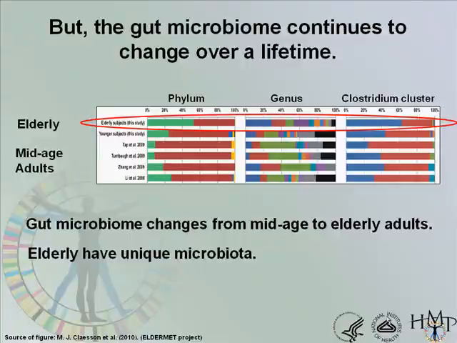And what they showed here is the elders in their study against other recently published microbiome studies. And you will see, no matter what level of taxa you're looking at, phylum, genus, or at the cluster level, the microbiome composition is actually quite different in elderly, and their definition of elderly was individuals older than 65 years old. Okay? And I think, if I remember correctly, it was like 65 to 90-ish, something like that. So the gut microbiome actually does change from midlife into elderly adults, and apparently they have, I would call, a unique microbiome.